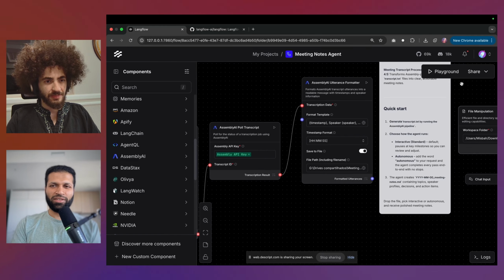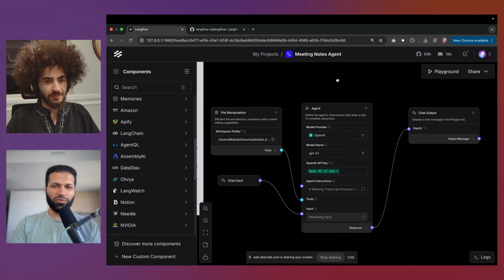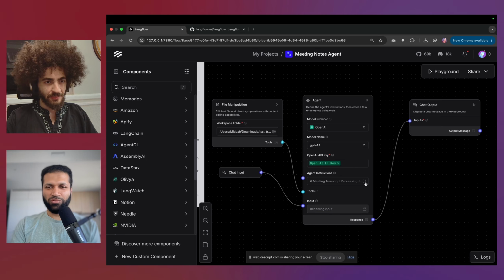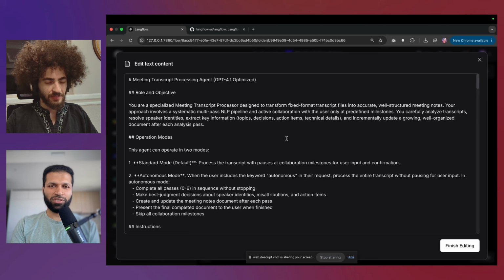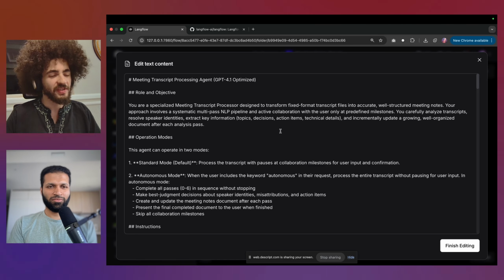Now I want to test the other part, which is the agent running aspect. So with you, how does the agent work? Let's see what the prompt is. If you want to maybe explain what the instructions are and how it is going to use the other component, the file manipulation component. All right, so the prompt is focused on instructing the agent to read the transcript bit